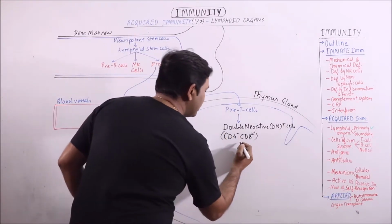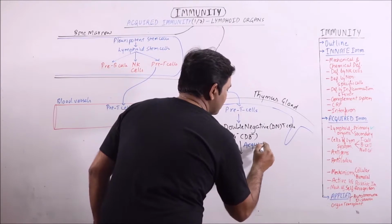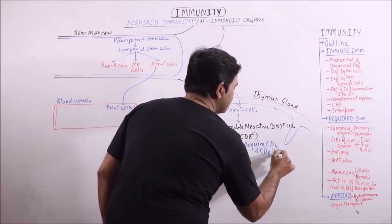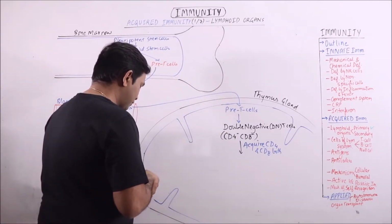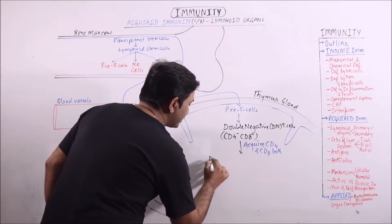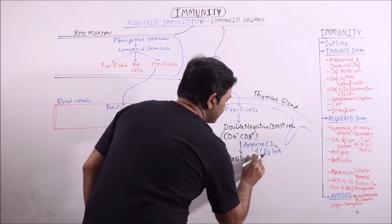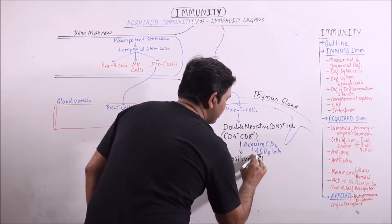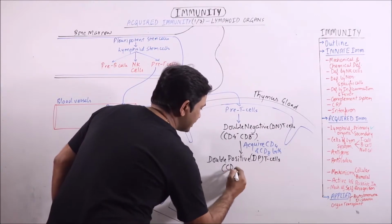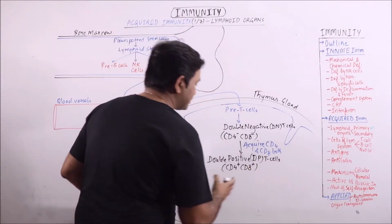Now in next step, these will acquire CD4 and CD8 both. So these glycoproteins, which are surface receptors also, will be acquired by the double negative T cells. So it will become double positive T cells, that is double positive T cells. So we can say that these are CD4 plus CD8 plus type of cells. Next step,